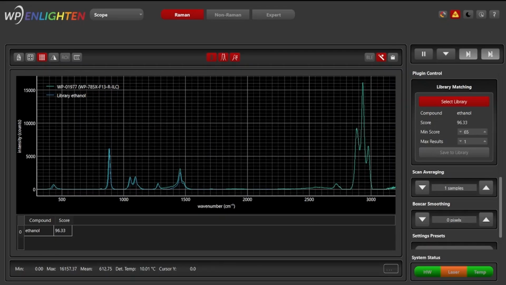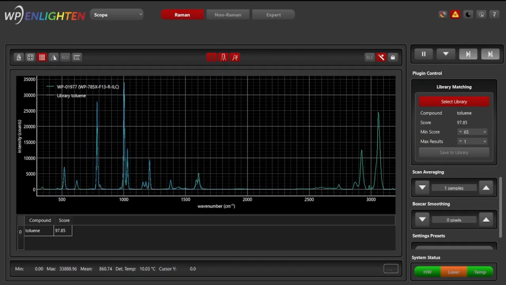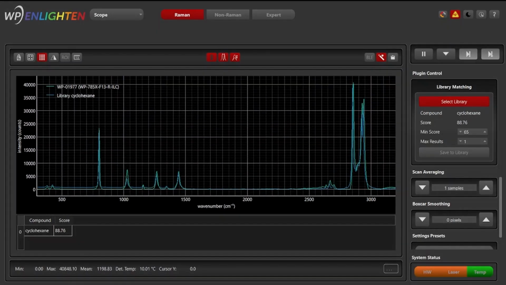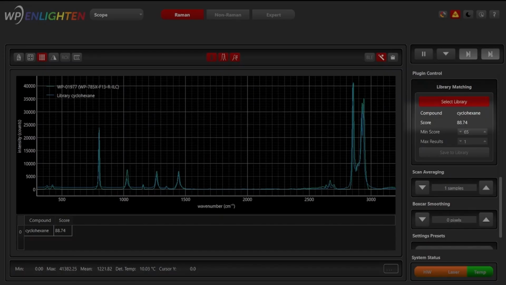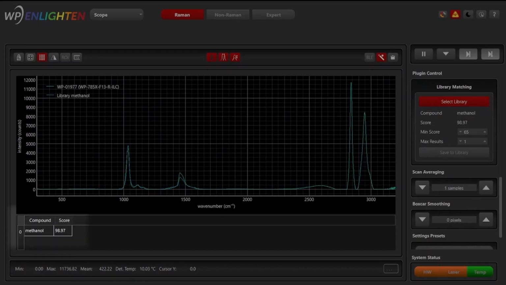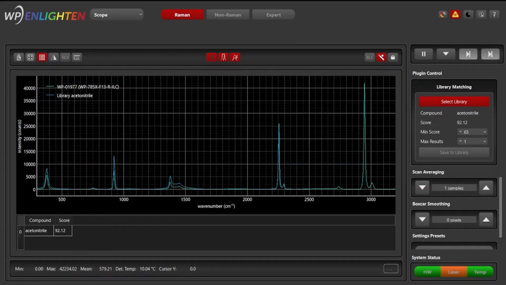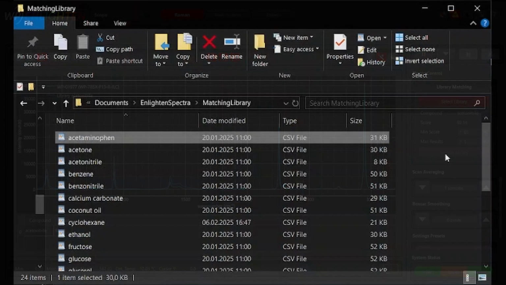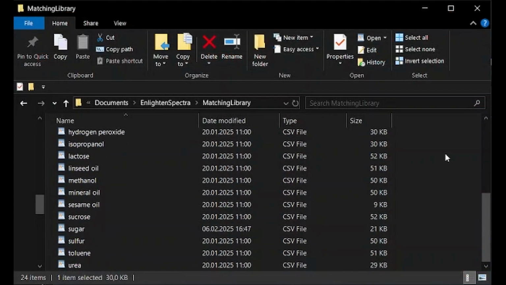Once loaded, the plugin will match spectra on the fly and show the matched library spectrum together with the sample spectrum as a visual sanity check. The matched compound is shown in the plugin widget. A table is also added below the spectrum where lower ranked matches are shown. Matches with scores below the minimum threshold are ignored. If a compound is not contained in the library, any match is typically poor.